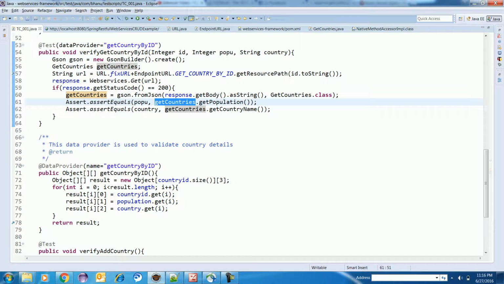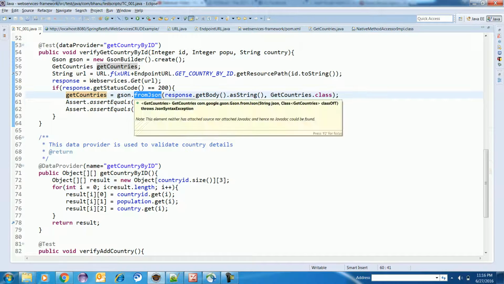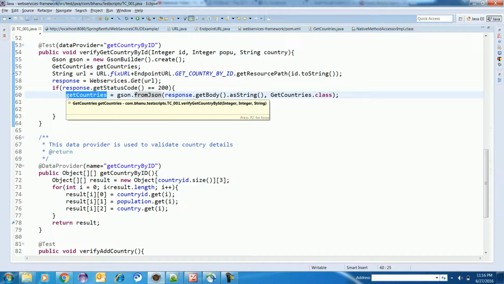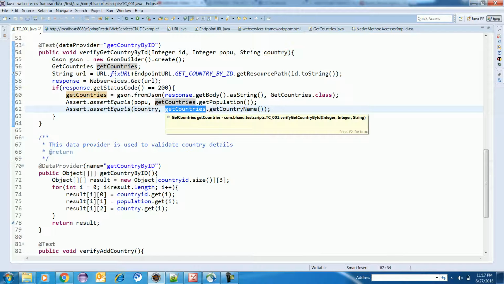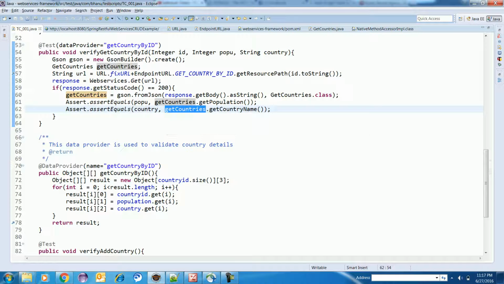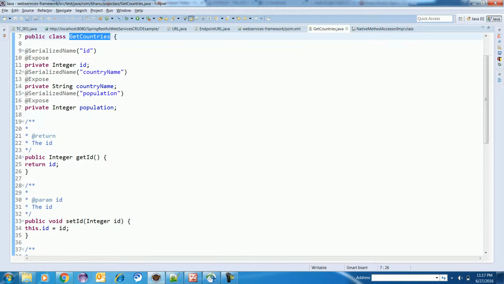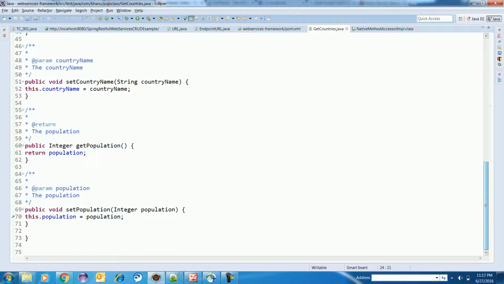The response comes at runtime. That is nothing but it comes from your Pojo class, because this is what I am initializing. So the get country Pojo class will get initialized, and I am getting this at runtime. Again for country also, what I am supplying through the data provider and what I am getting from the response at runtime, I am initializing the Pojo class. If you go inside the Pojo class, press control, click on get countries and click on this class, it has 3 variables: id, country name and population. And this has getters and setters. When we initialize the Pojo class, the setters will get initialized, all setters will be ready.